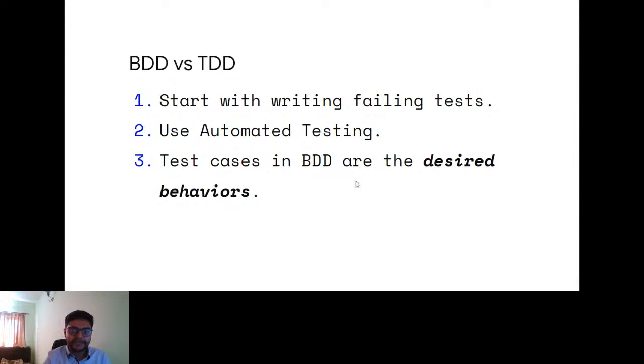सो यो चाहिँ BDD को प्रिन्सिपल भयो: टेस्ट अफ एनी युनिट अफ सफ्टवेयर शुड बी स्पेसिफाइड इन टर्म्स अफ द डिजायर्ड बिहेभियर, भन्छ BDD ले। कुनै पनि युनिट अफ सफ्टवेयर हामीले कोड गरिरहेछौँ भने यसको टेस्ट केसेस चाहिँ हामीले यसले के गर्नुपर्ने हो भन्ने कुरामा स्पेसिफाई गर्छौँ। सो नेक्स्ट स्लाइडमा जाँदाखेरि हामी डिजायर्ड बिहेभियर चाहिँ के हो भनेर बुझ्छौँ है।